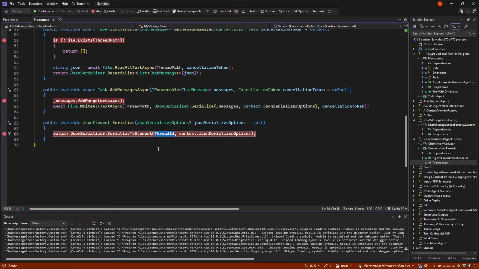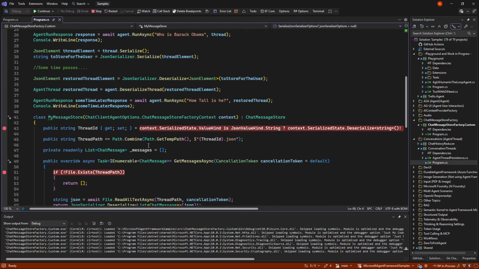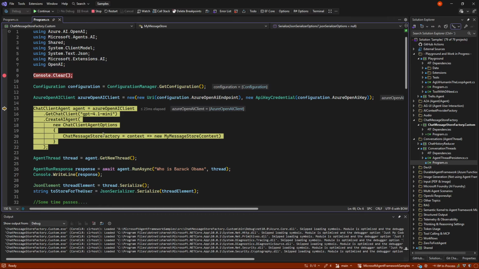In a database, it would be the ID of the records that have the chat messages. So that is how we have the things, and we just give it into the agent.